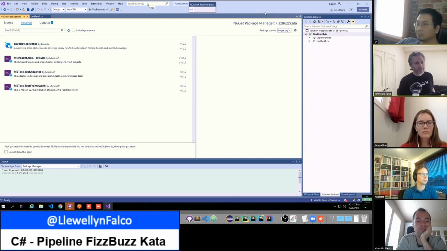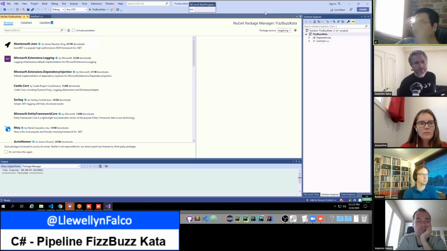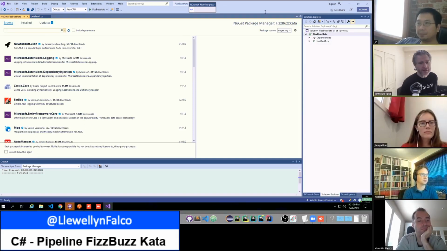Do a search for refactoring. Go to Browse on the tab at the top. Oh, it's currently on Installed. Okay. And then inside here, do a search for refactoring pipelines.